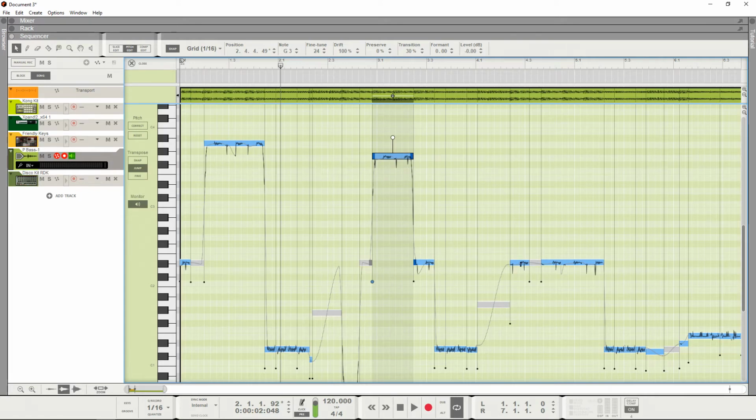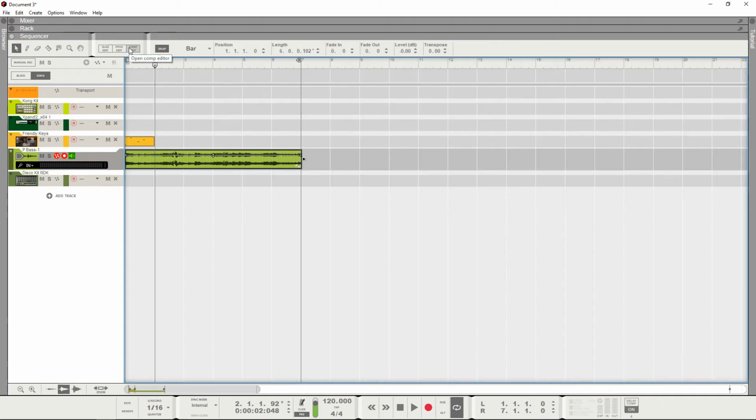If you're a beat creator or an electronic music creator, Reason 11 gives you all of the tools that you'll need to get started and can grow with you as your studio needs grow.